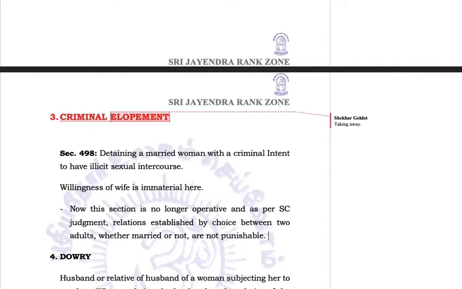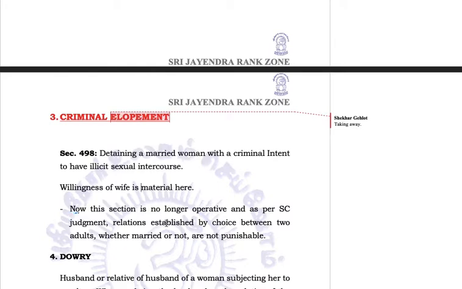Okay, so earlier this was the law, but now the Supreme Court says the willingness of the wife is material. Earlier it was immaterial whether the wife was willing to have sexual intercourse outside her marriage or not. Now it is material: if the wife willingly has sexual intercourse outside marriage with some man, then there is no offense